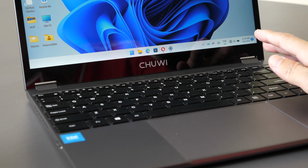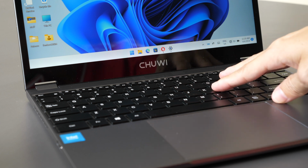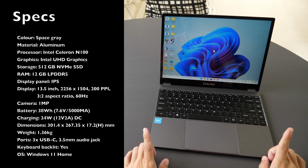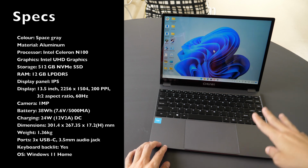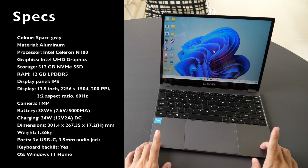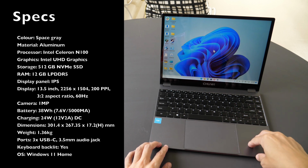First of all, a disclaimer: this is a review unit provided by the company, and in this video I'll just present to you my findings so that you can decide whether this is worth the money. The price of this laptop is US $369, which may be higher or lower depending on where you buy this, and shown on the left are the specifications for this particular review unit. Now there are other Freebook models out there with different specifications, so just note that this one comes with the